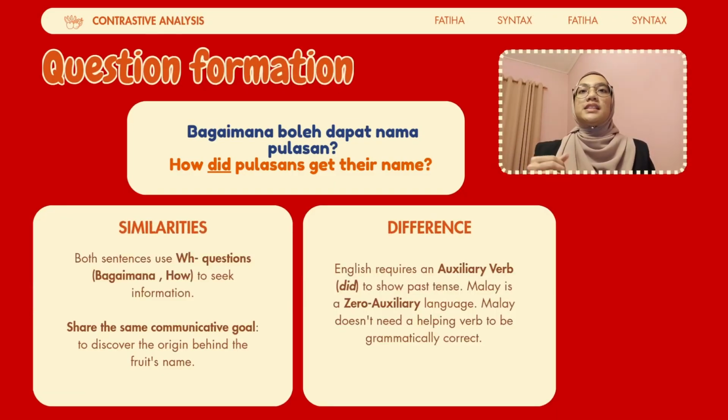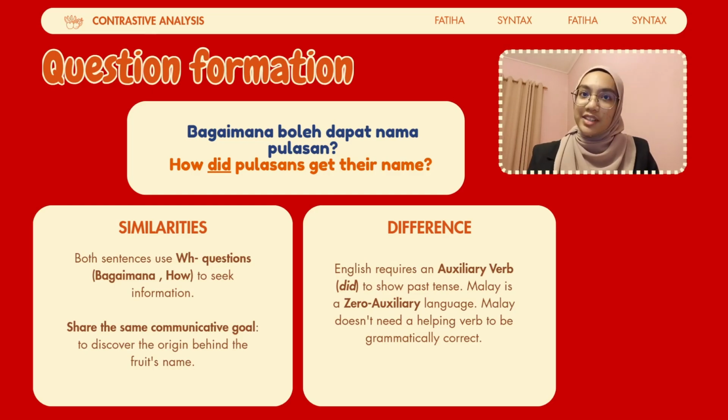Our next example in this category examines question formation. So, bagaimana boleh dapat nama Pulasan and its English counterpart? How did Pulasans get their name? So looking at the similarities, both sentences are fundamentally WH questions. So they both begin with an interrogative word, which is how in English and bagaimana in Bahasa Melayu. And they both share the exact same communicative goal, which is to discover the origin behind the name of the